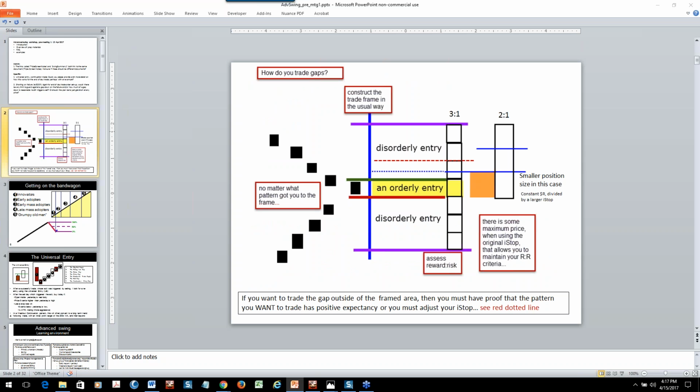The question is really, we've set up a structured trade, but now we have a gap. So the first thing that I want to say is on the mechanical systems, no matter what pattern got you into the frame, we're going to frame it in exactly the same way. Maybe it was a 5-day down. Maybe there was a strong previous move, and so this could have been a triple screen or a 551W. A triple screen had a strong move. It pulled back. It didn't have to be 5 days down in a row. It was just a pullback that got it below the 20-day moving average, and now we have the triple screen is created. Or this could have been a 551W, and then this could have been a white candle